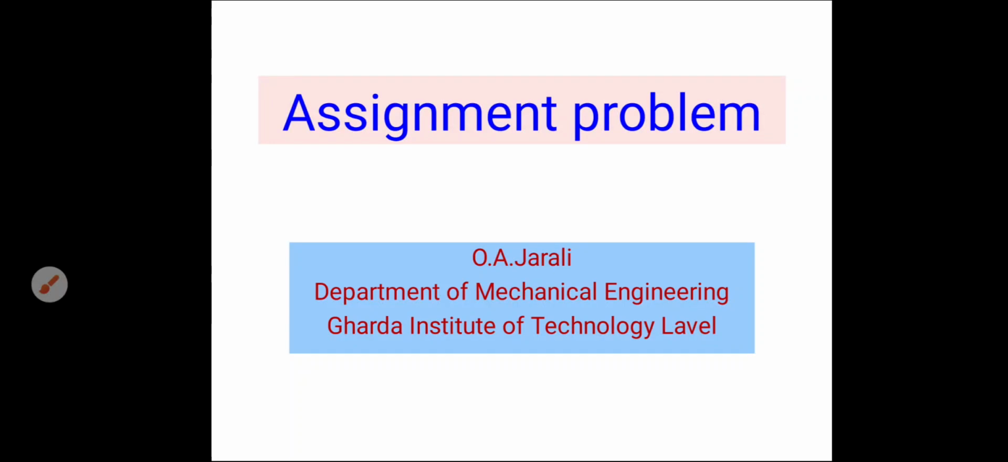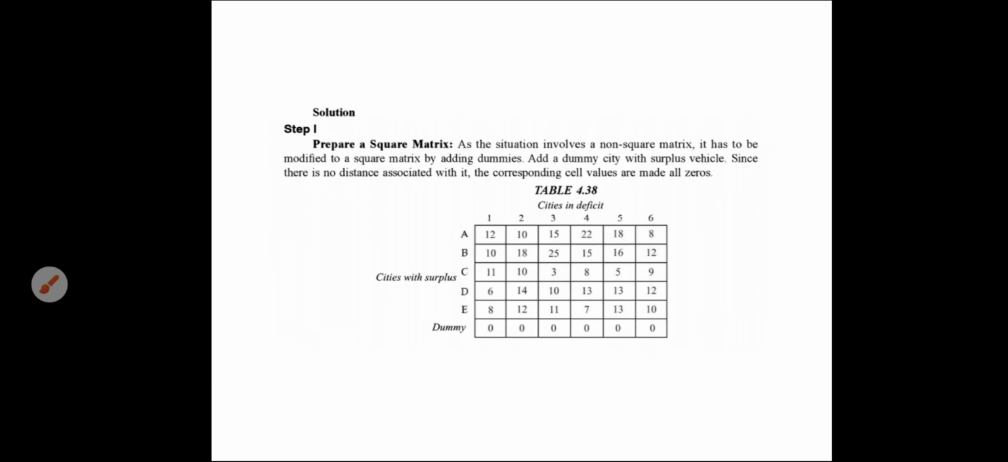Okay, we will continue the same problem from the previous video, that is a non-square matrix. We have here 4 rows, 5 rows and 6 columns. So you add one dummy row here, 0 0 0. So the first step is to make a square matrix. Then the second step is